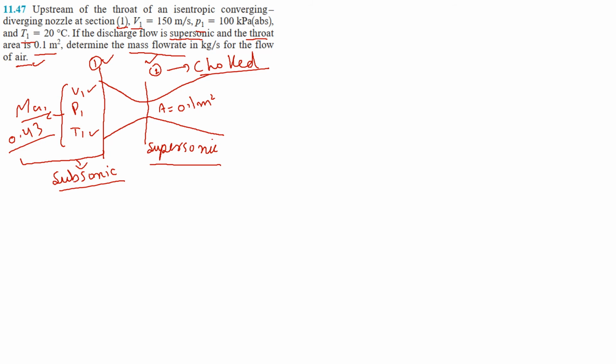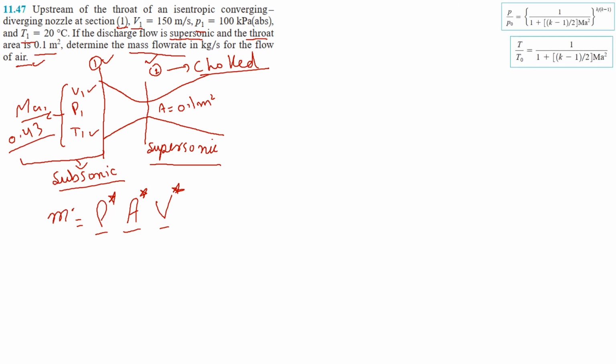So from that we are going to find our mass flow rate, and our mass flow rate will be m dot equal to rho star, the critical density, times A star, the critical area, times V star, the critical velocity. So this is what we are going to do. We are going to find these values. So first of all, we are going to use some equations. So let's look at them. We are going to use this equation for the stagnation pressure, the stagnation temperature, and then these two formulas for our